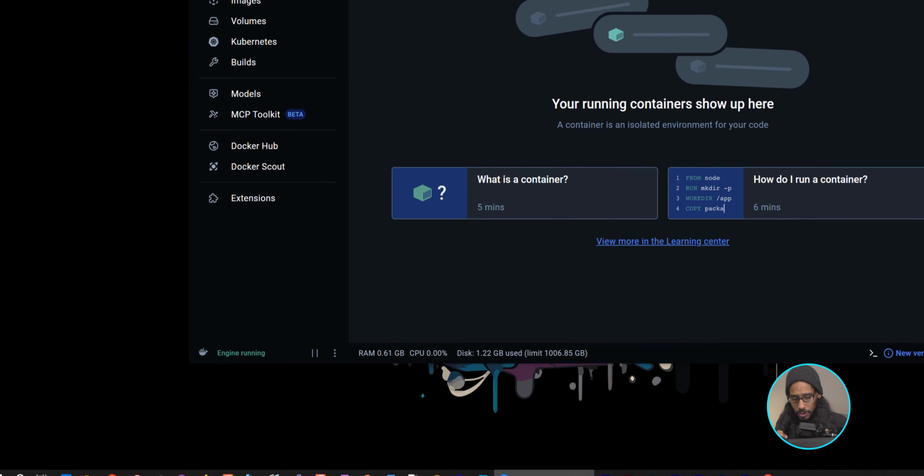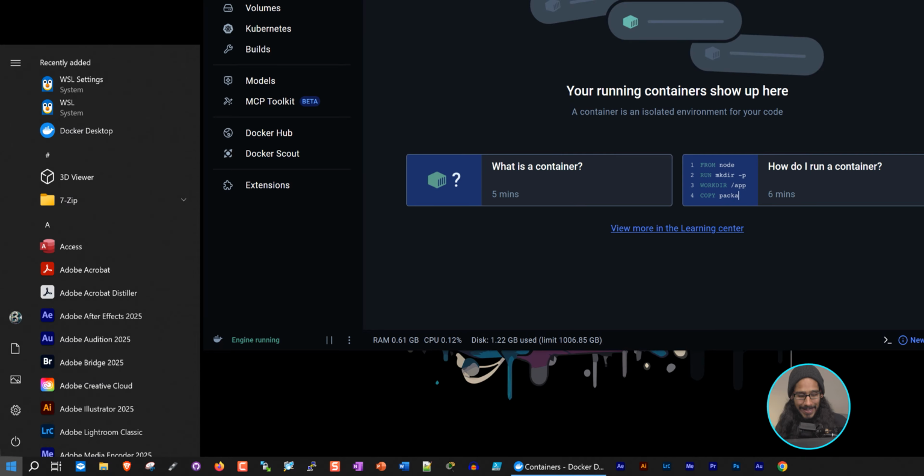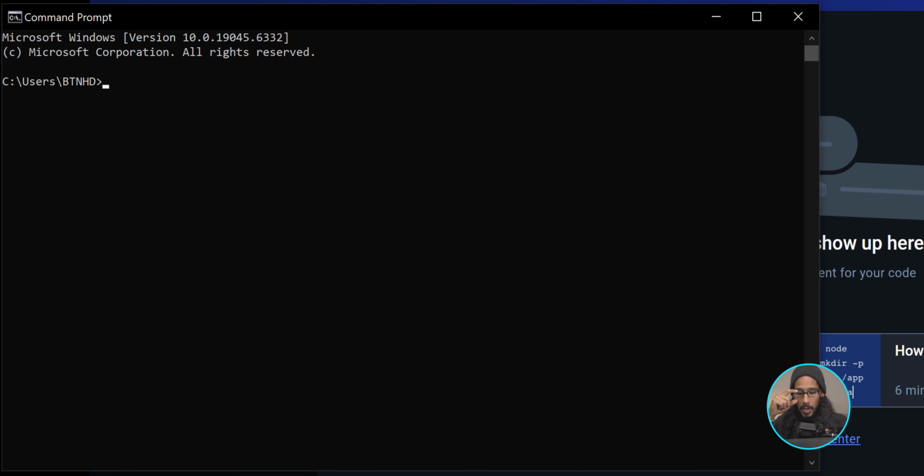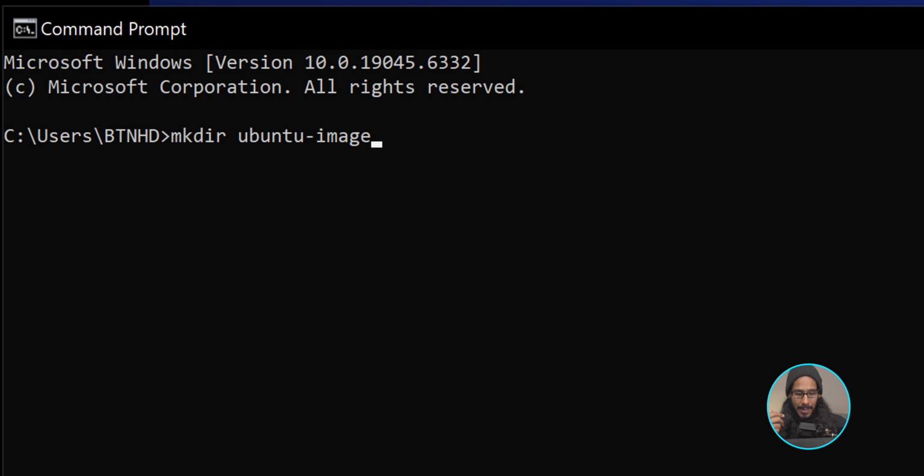We need to click on start and type in CMD, and click on open, not run as an administrator. From here, we are going to create a directory. We are going to use the following command: mkdir and the name of the folder, which would be that.